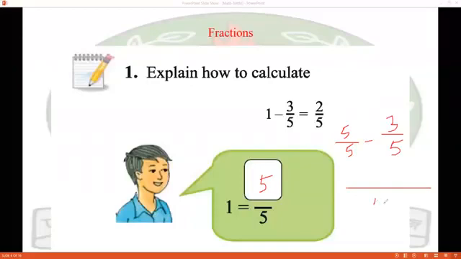Then we have to have the same LCD. 5 divided by 5 we get 1, 1 into 5 means 5. Minus, 5 divided by 5 we get 1, so 3 into 1 means 3. So the result will be 2 by 5. Remember that the previous result and the present result are the same. So you can follow this way to solve it. This is in your textbook. This is the general calculation. You can follow it.